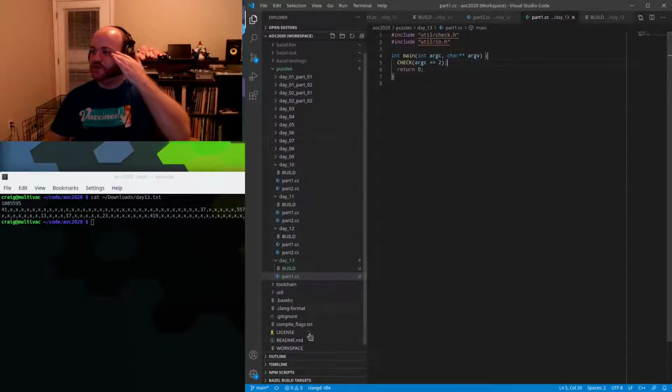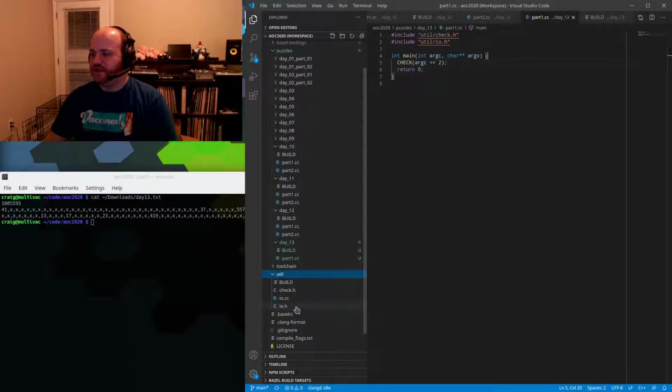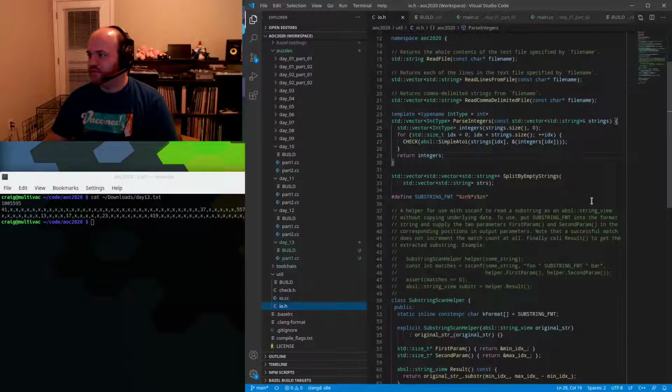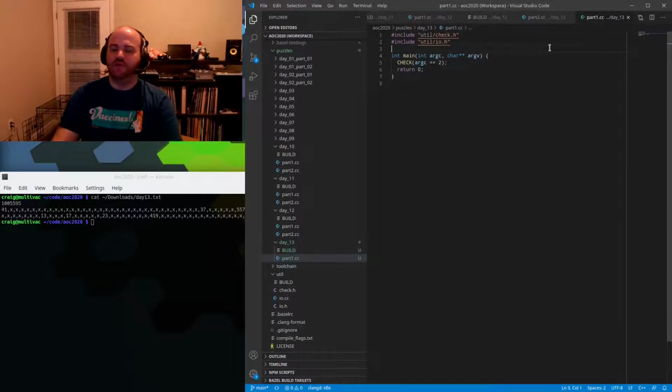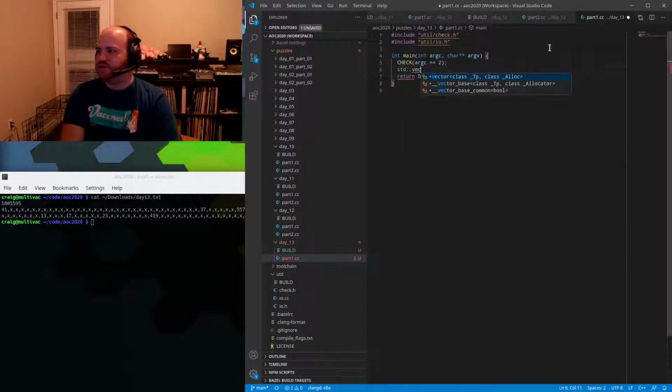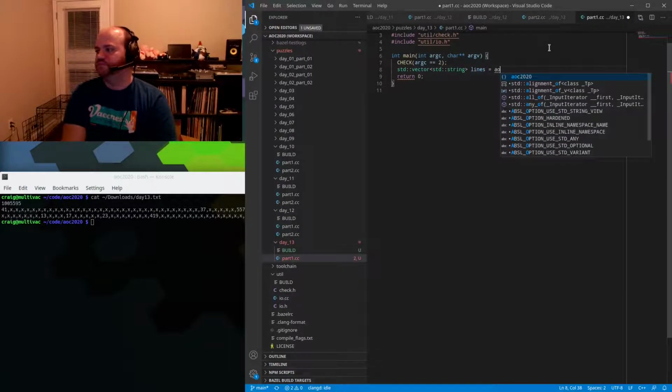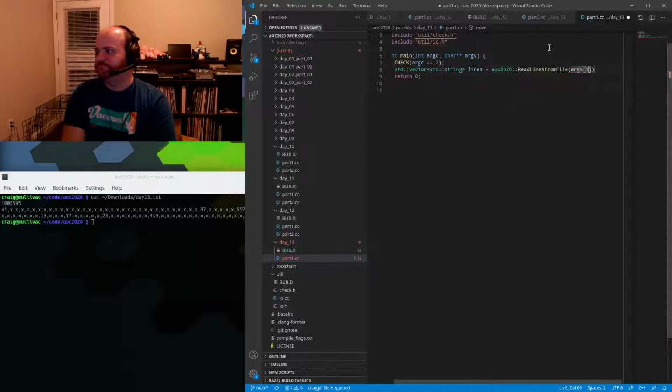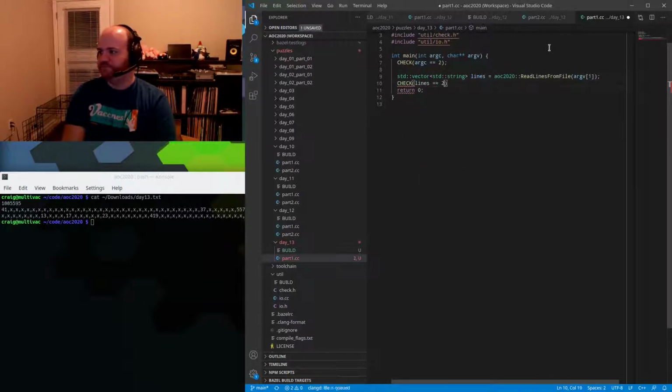All right. So do we have something in the I/O library? If not, it'll be fine. But yeah, we don't quite have an I/O routine that'll do exactly what we want, but we have some stuff that's pretty close. So let's first read in the file. Check that the number of lines is 2. And we'll say that